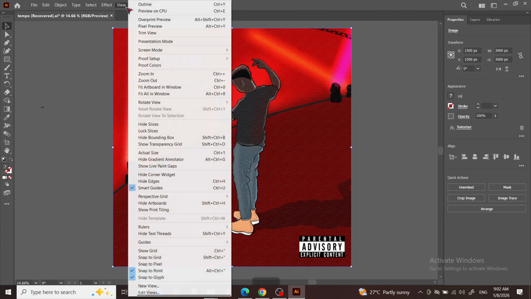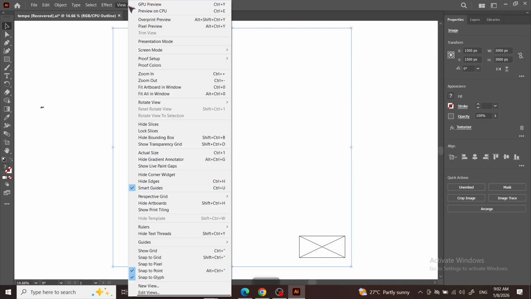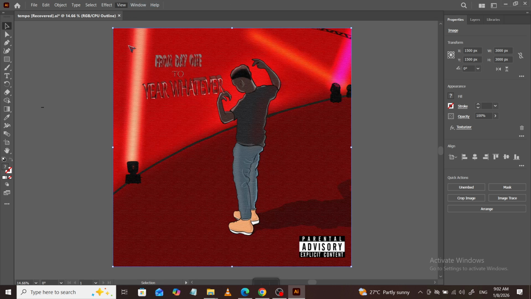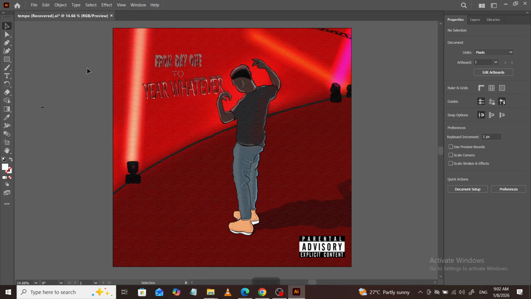Use the same shortcut, Ctrl+Y on Windows or Command+Y on Mac, or go back to the View menu and choose Preview. Your artwork returns to its normal appearance, exactly as it will export or print. A few quick tips as you use this. If something looks like it disappeared in outline view, it's likely just a filler effect that's not displayed in this mode. Don't worry, it hasn't been deleted. And if your document suddenly looks